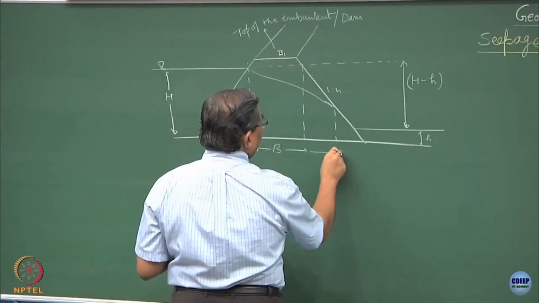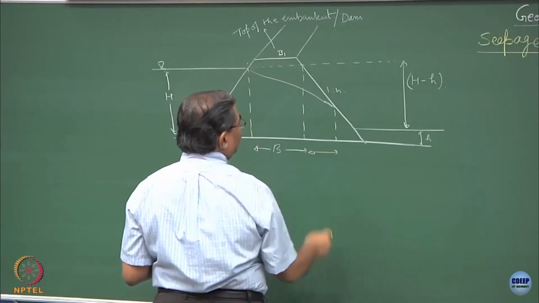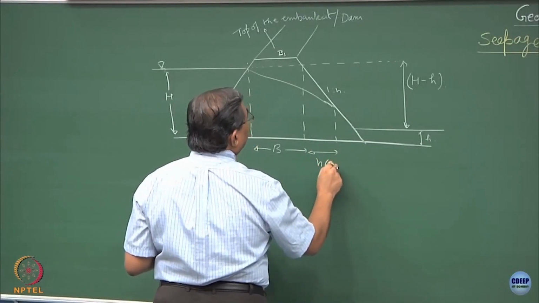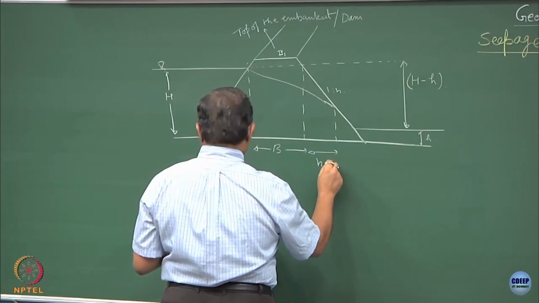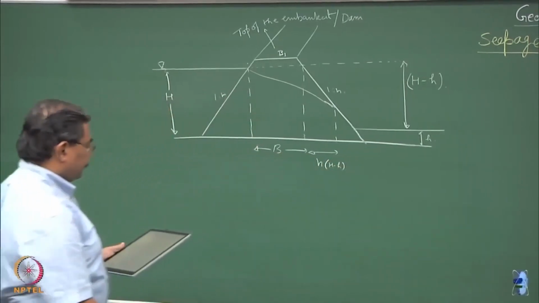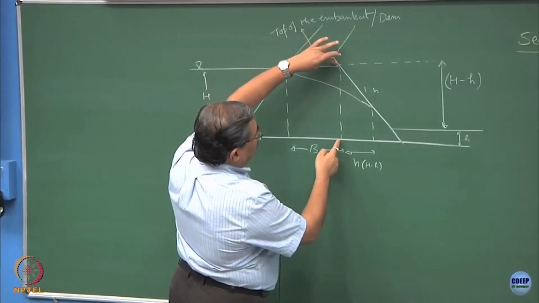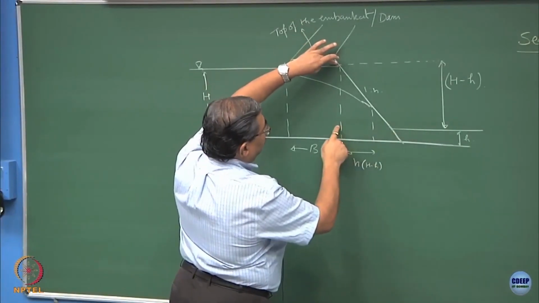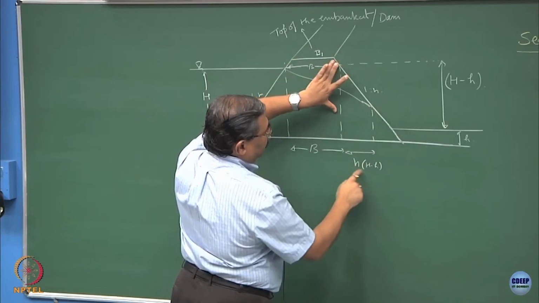So, this thing is going to be equal to n times h minus h. See, this is h and this is h, so this becomes h minus h, 1:n, so this becomes n h